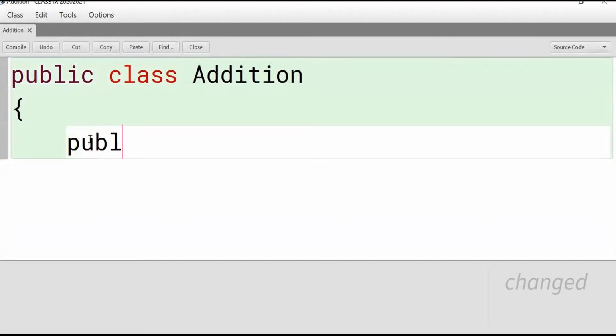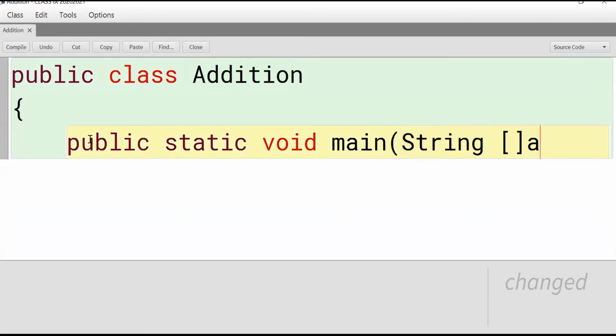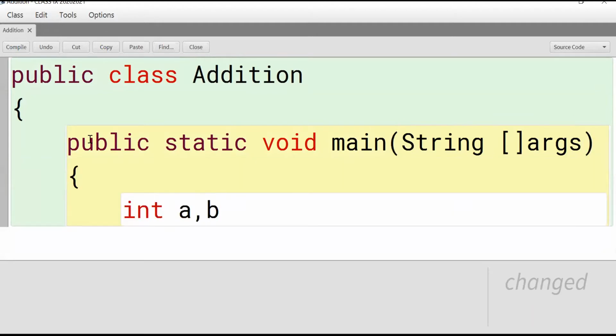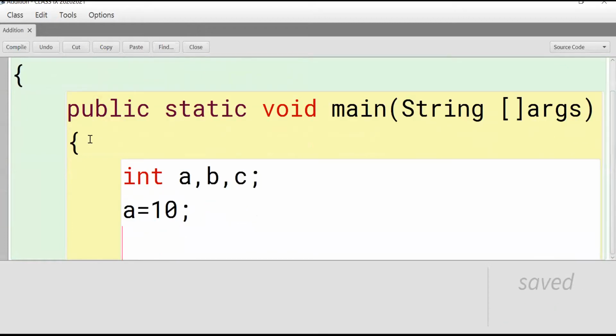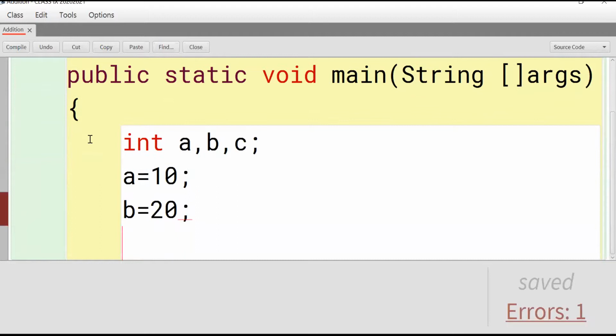Addition. So take the two variables. A is directly initialized to 10. B is equal to 20.